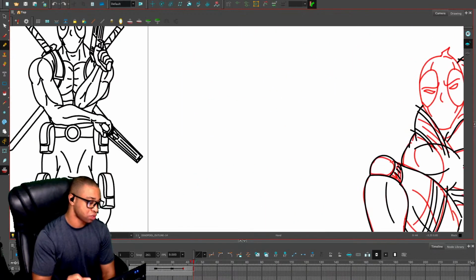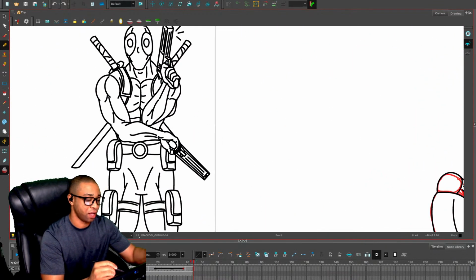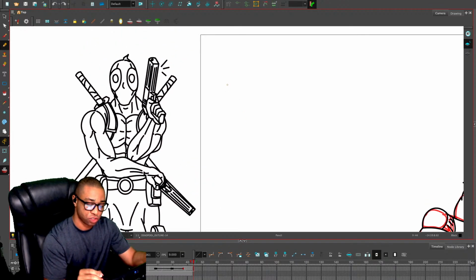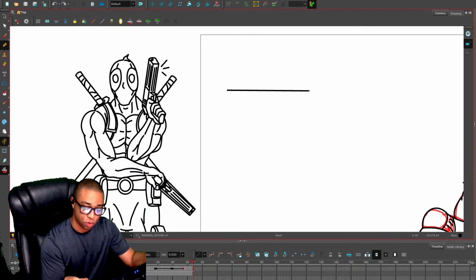For the guns, oh man, I really don't want to have to redraw every single thing, but I feel like we're going to have to redraw some guns here. So let's just go ahead and make a makeshift gun real quick. Probably about right there.